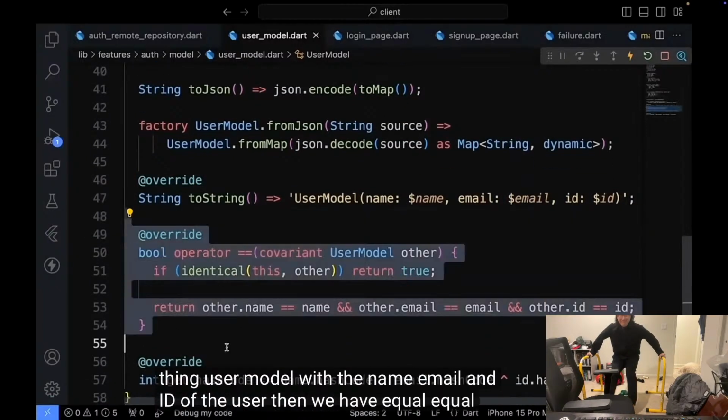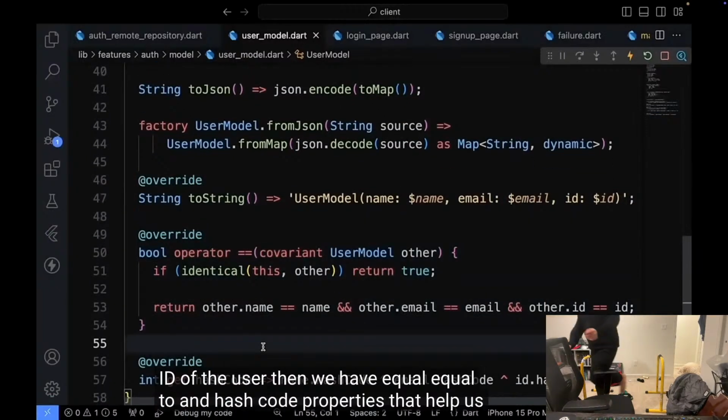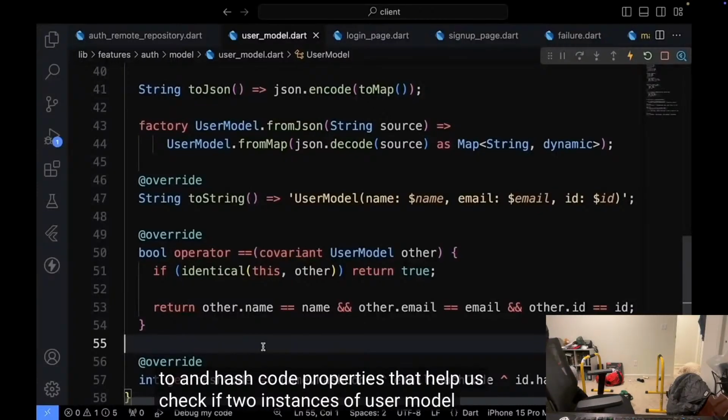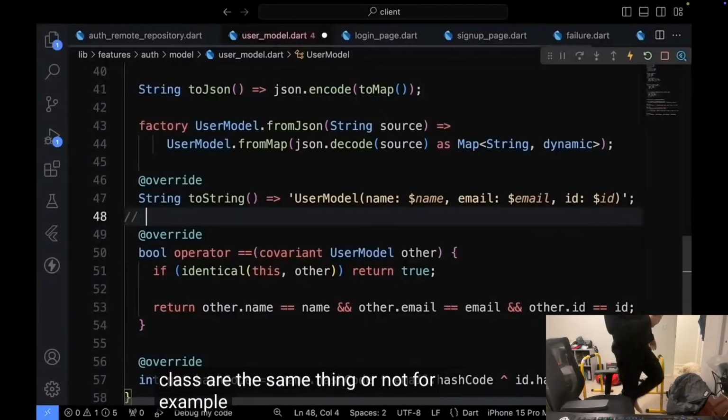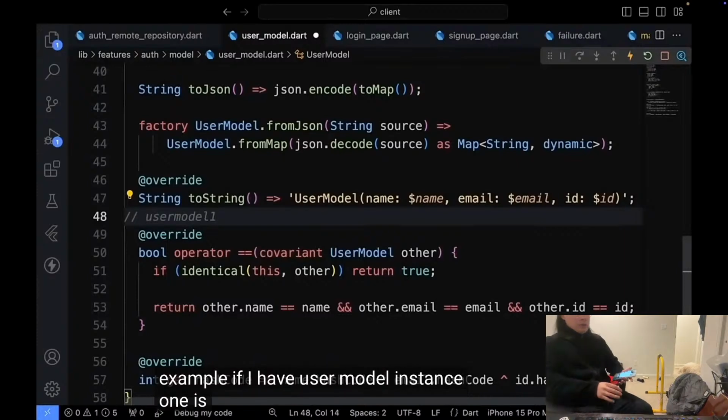Then we have equal to and hash code properties that help us check if two instances of user model class are the same thing or not. For example, if I have user model instance one is equal